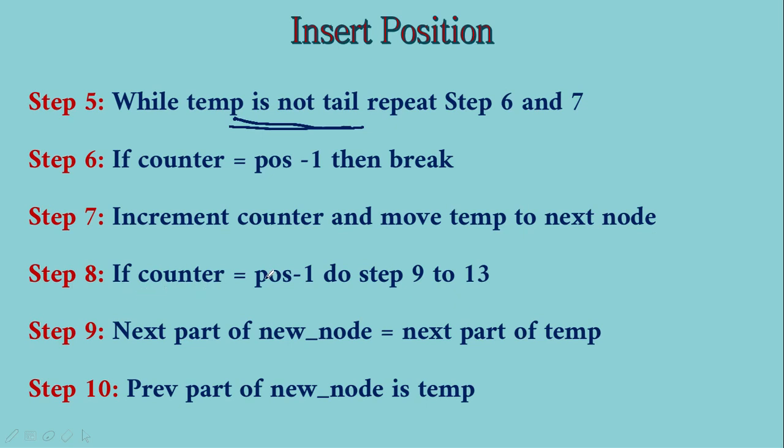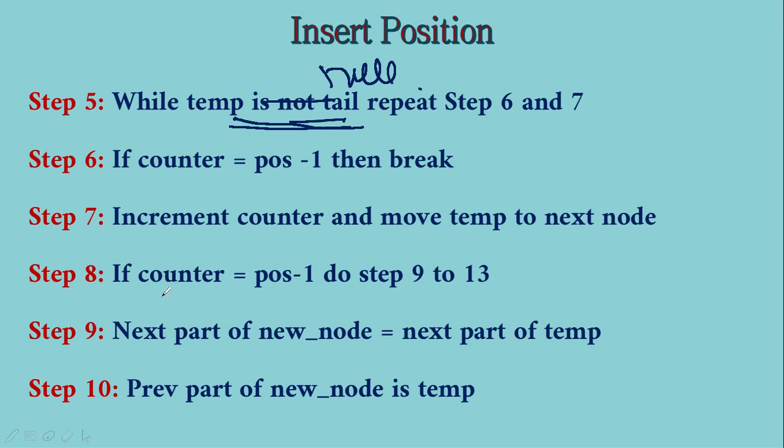And then you are checking if counter equal to position minus 1, because when I come out of the loop there are 2 possibilities. One is my temp would have become null. Okay, not null, here it is tail, right? Yeah, we can go up to null also, I think, because tail is maybe a valid position, that is position 6. So let us say while temp is not null, right? That will be a better option. That will be the correct option, I think. Yeah, we will check during implementation.